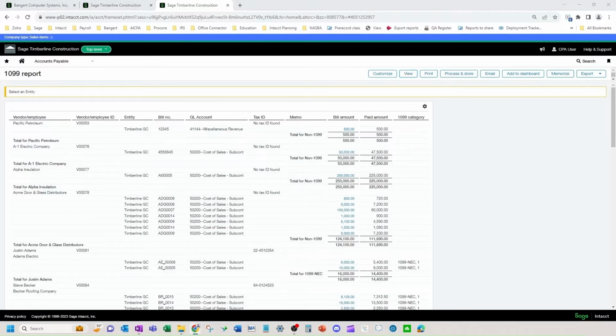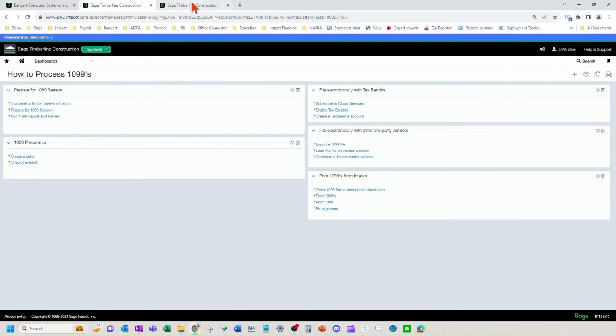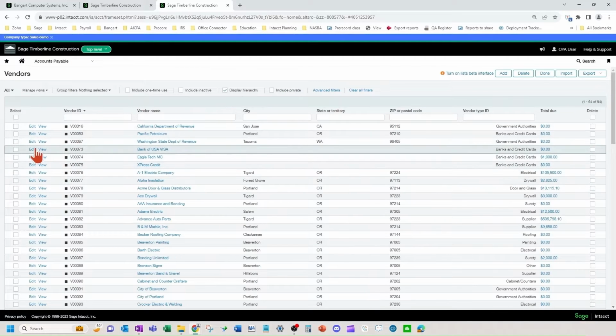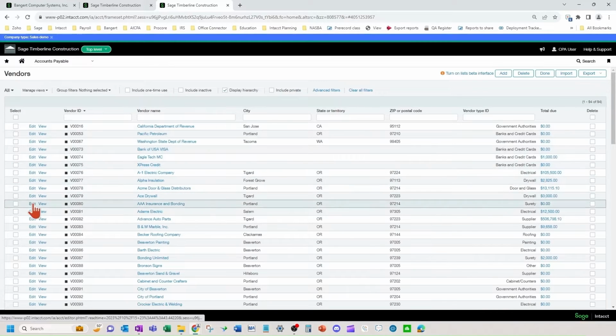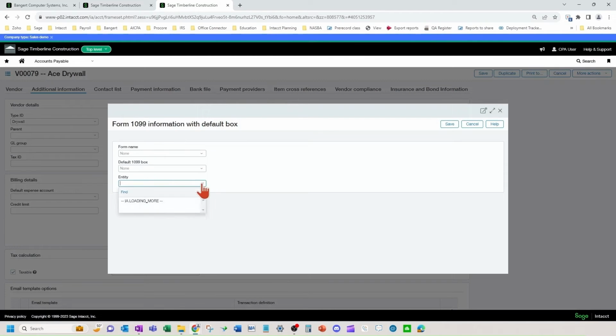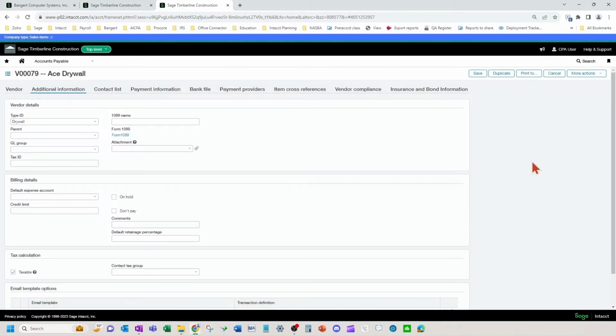Okay, now let's say you find a vendor that is the same vendor, for example. While you cannot merge vendors in Intacct, you will update the vendor information on one of the vendors in the vendor setup initial values area. So the way you do that is you will go into the additional information tab here and hit your Form 1099, pick an entity if you have that on, and change your initial values here. Okay, so to add the two vendor totals together. Okay, then you would more than likely inactivate your other vendor.